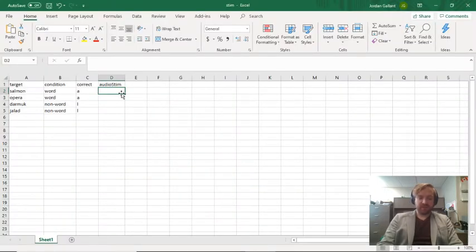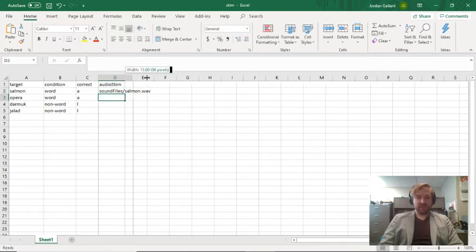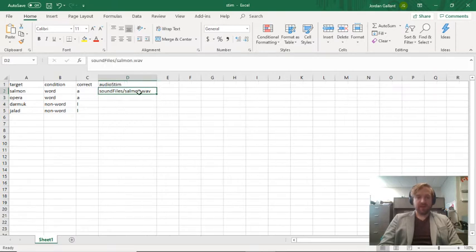So I'm going to do that here. My file path will be sound files, then a slash, then the name of the file, which I've made equal to the same as the target, and then .wav. And that's going to be the path. It's a relative path